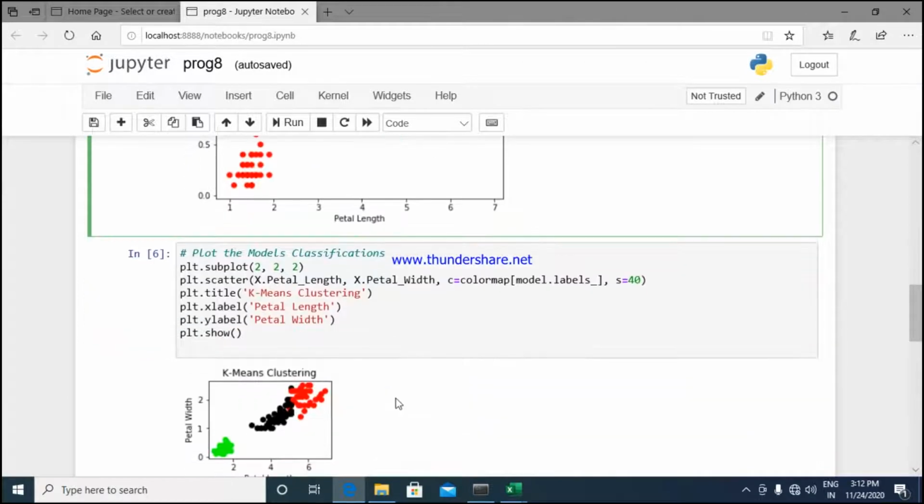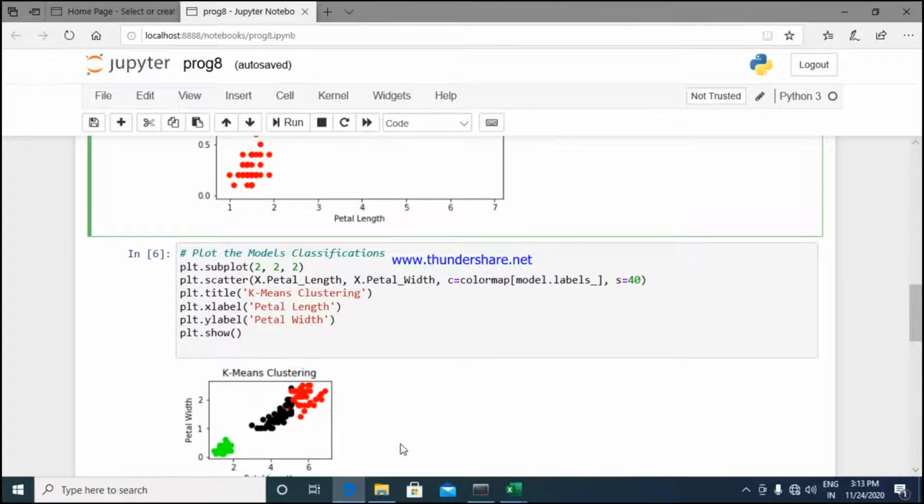Okay. So what happens here, when you classify your data, I am classifying it with the help of your petal length and petal width. Depending on the petal length and petal width of the flower, I am classifying or clustering the flower. For example, if the petal length is within the range of 1.4 to 1.7, it should be colored in the form of black.